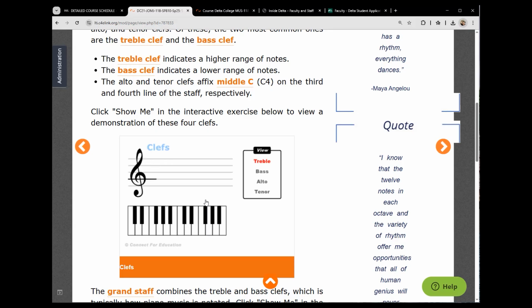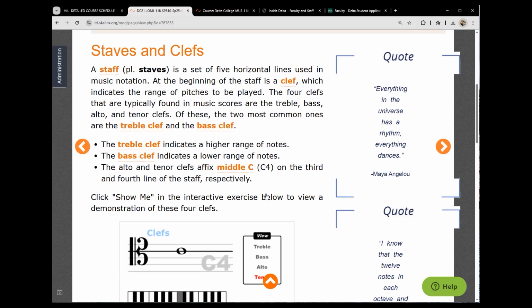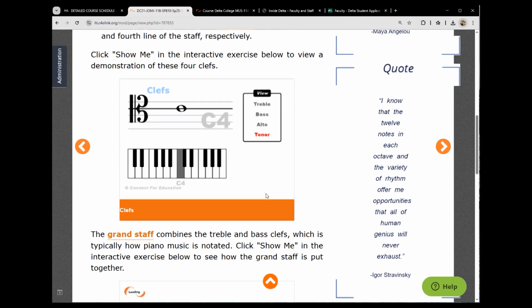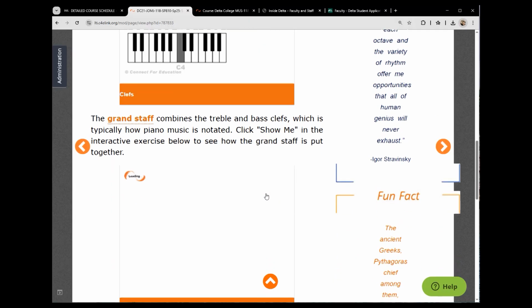And now it's going to show you a treble clef, and you can ask it to show others. There's a bass clef. Here is an alto clef, and here is a tenor clef. So I'm going to let you play around with this to your heart's content, but just these are things that will help familiarize yourself with the terminology that we're going to be discussing in